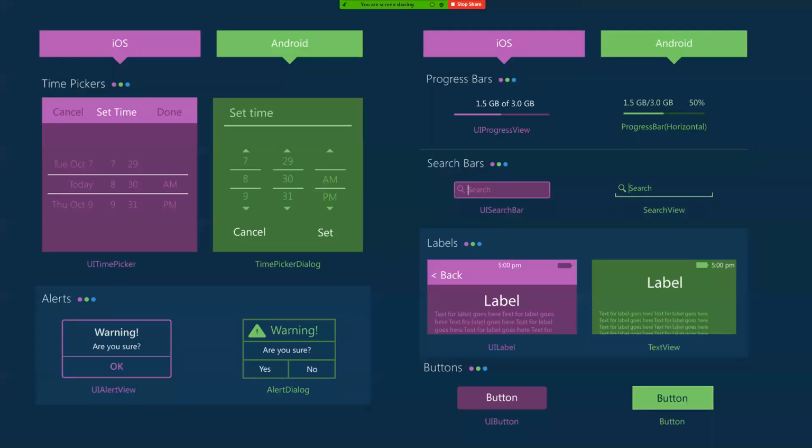These are some other examples I like. I have an iPhone and an Android phone. I have both. So whenever I try to switch between the two, I feel like I'm learning a whole new operating system. Like I feel like I'm my mom trying to send a text for the first time. So you are probably familiar with some of the differences in how the UI looks. But this is some of the other examples.